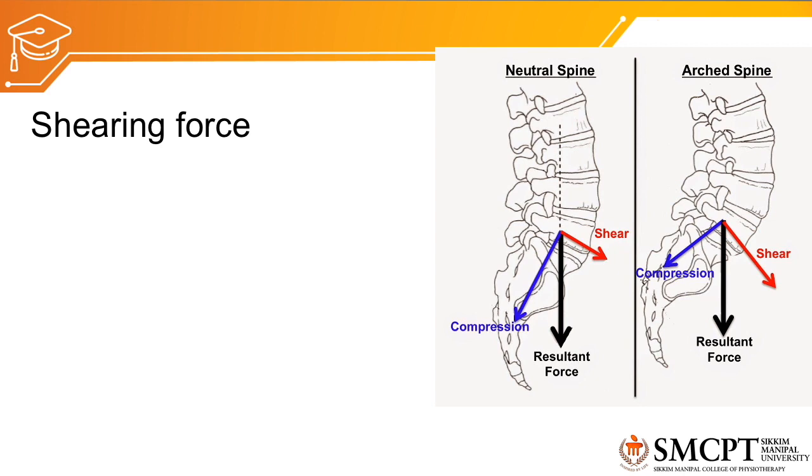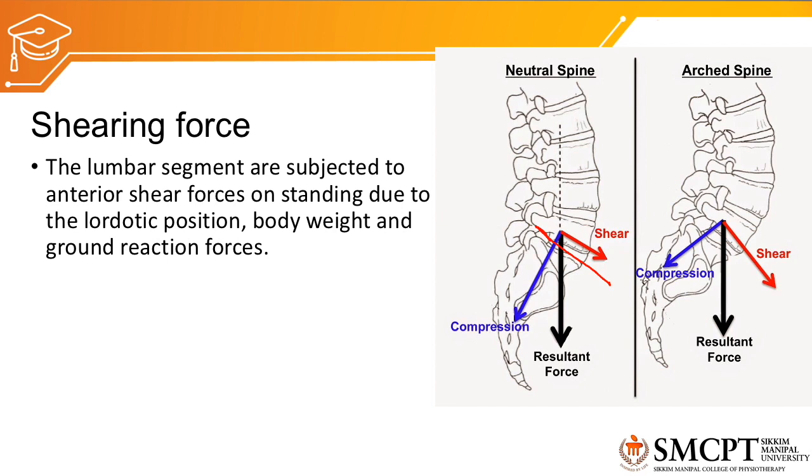The next force we can talk about is shearing force, which mainly occurs in the facet joint. But here we are talking about the shearing force occurring at the lumbosacral angle, that is between the lumbar L5 and the S1, that is sacrum. The lumbar segments are subjected to anterior shear force on standing due to the lordotic position, body weight and ground reaction force. So the weight is coming from above downward, but there is a small curvature here which is lordotic. Because of this lordotic curvature, there will be a shearing force which will be acting maximally at the L5-S1